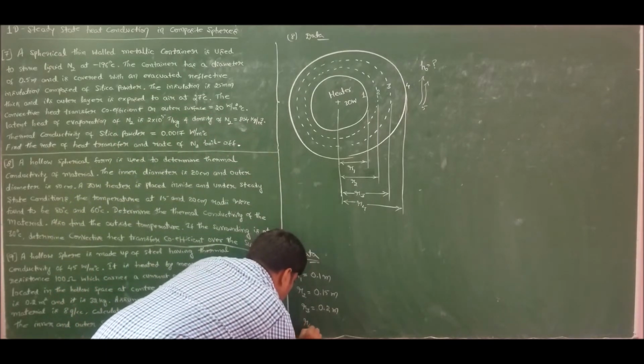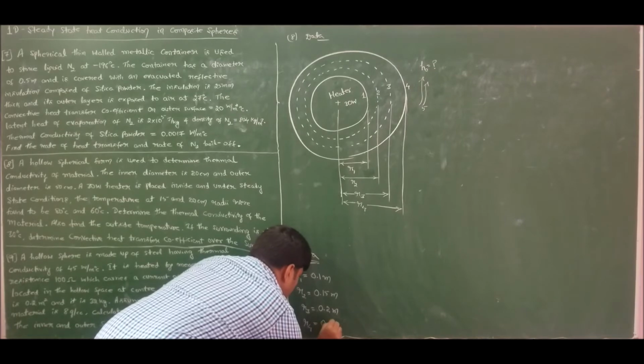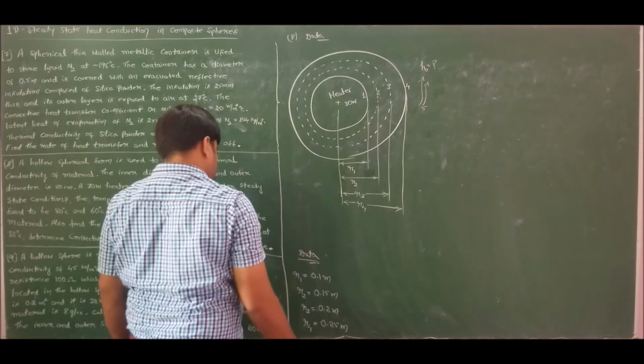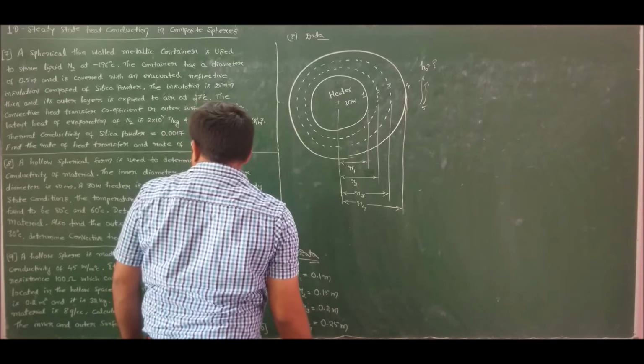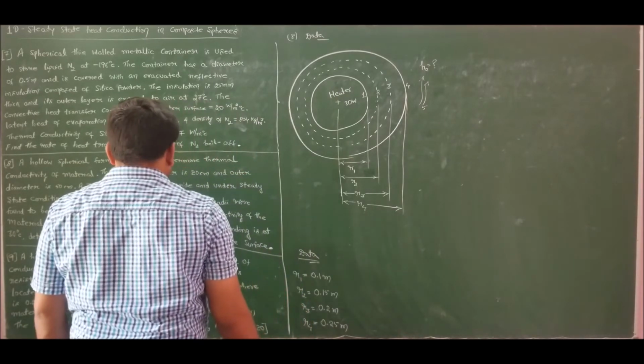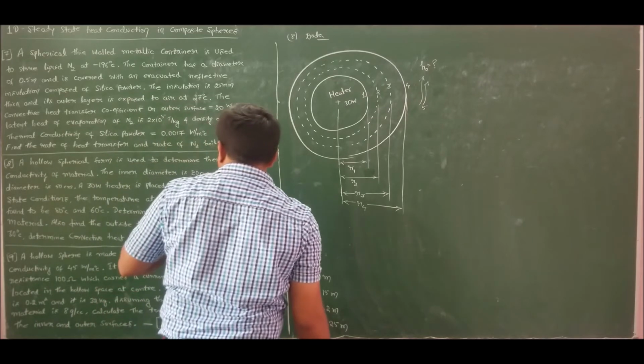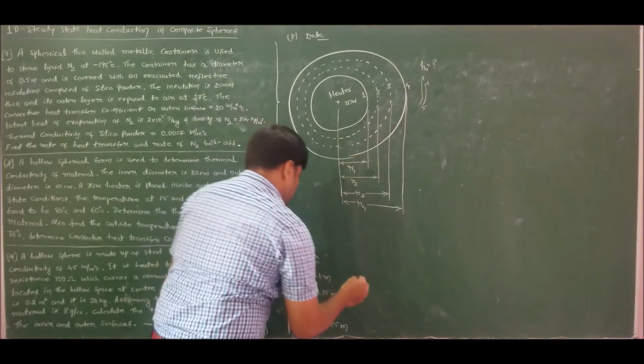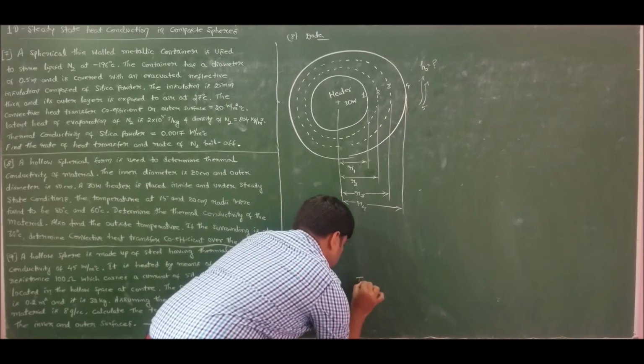So therefore R4 is 0.25 meters. Apart from this, he has specified the temperatures at 15 and 20 centimeters, that is at state point 2 and state point 3. The temperatures are